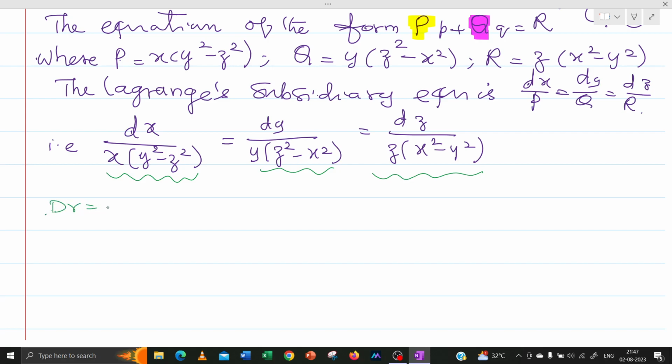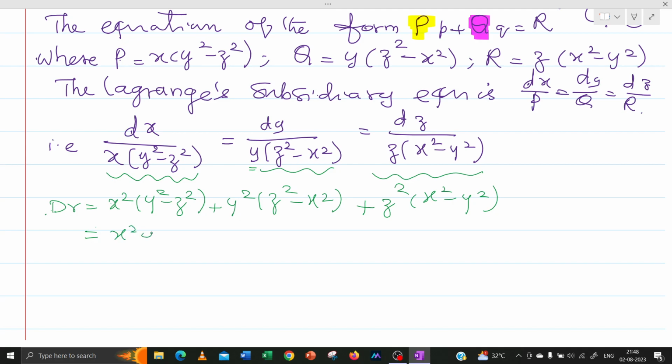I am writing only the denominator value. If we multiply with x here, we will get x square y square minus z square. If we multiply with y here, plus y square into z square minus x square. If in the denominator we multiply with z here, then z square x square minus y square. Expand it, you will get x square y square minus x square z square plus y square z